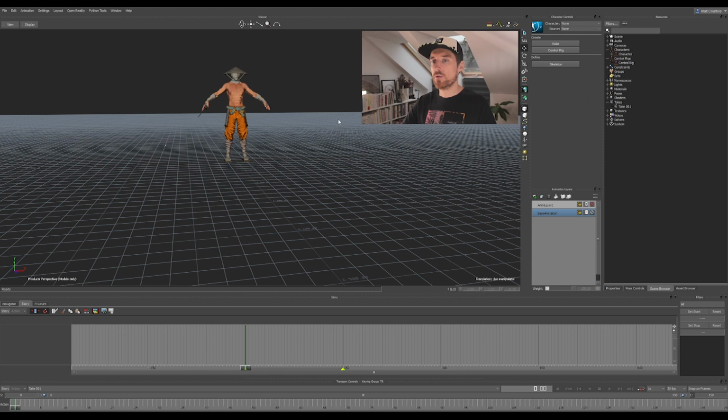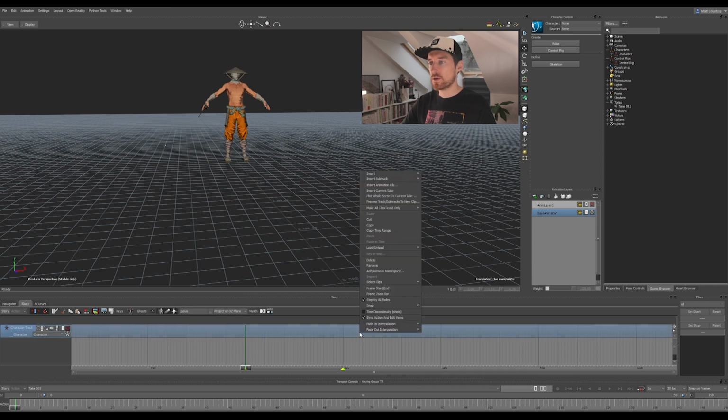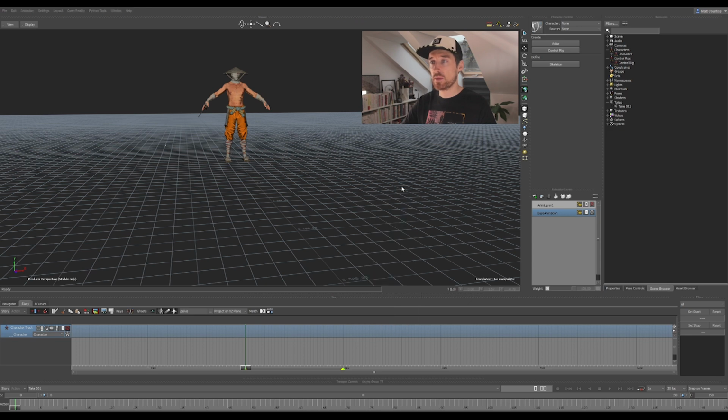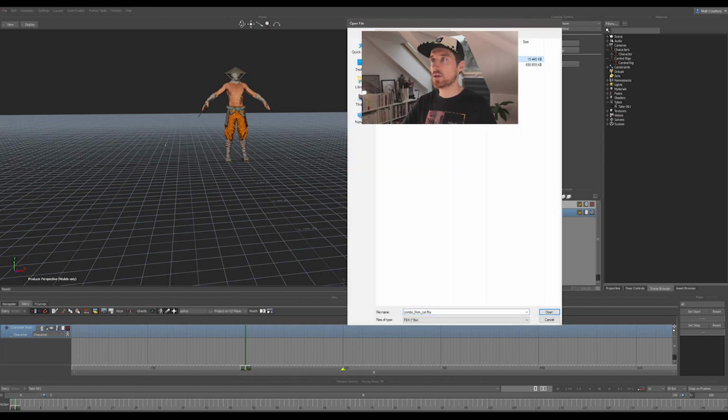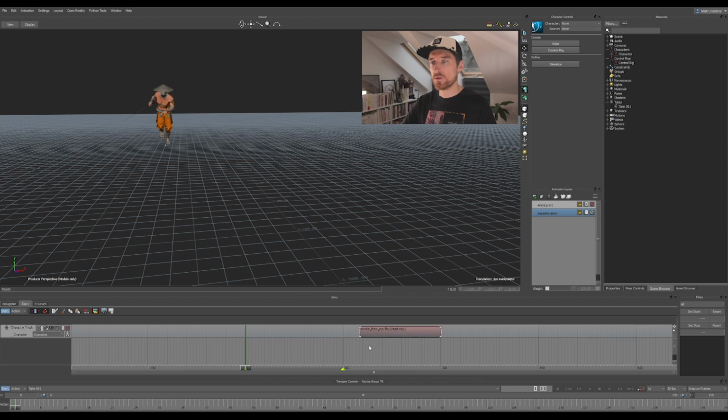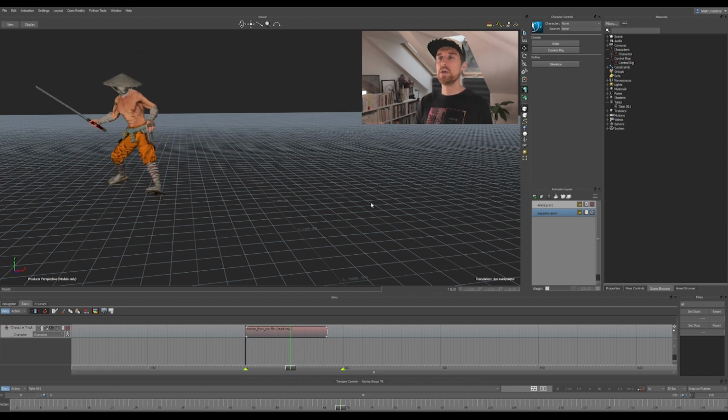And then on a new file, I will insert an animation track with my character, and then in the story, insert animation file, and then select the clip you want, set it to 0, and then you have the animation directly coming from the previous file, which is very stable and very practical if you want to import animations you've been creating.